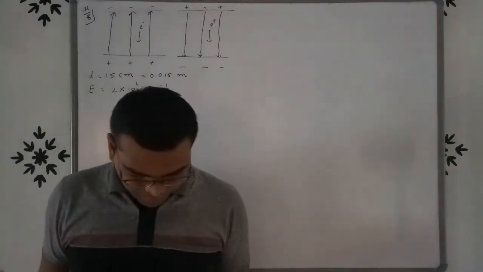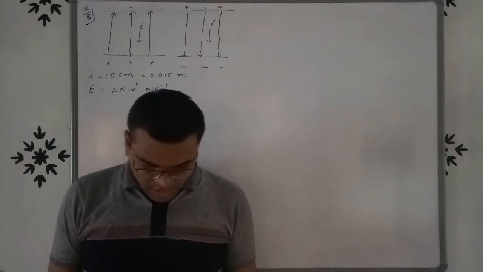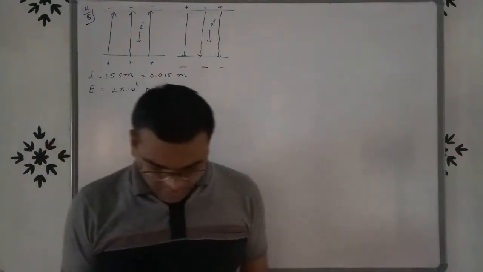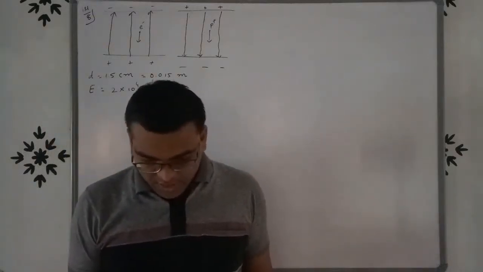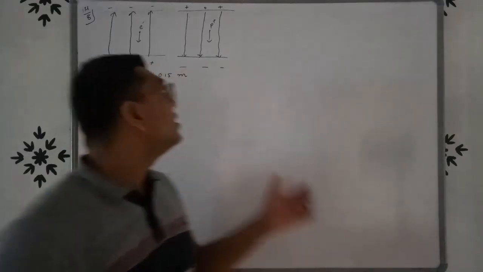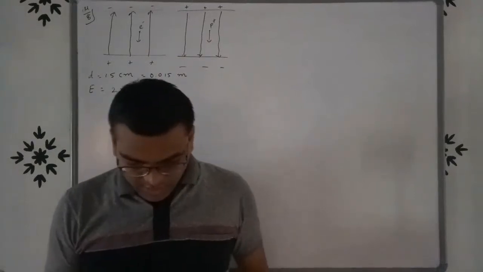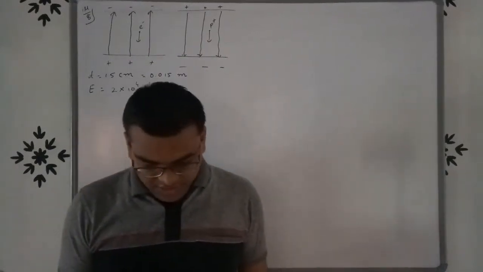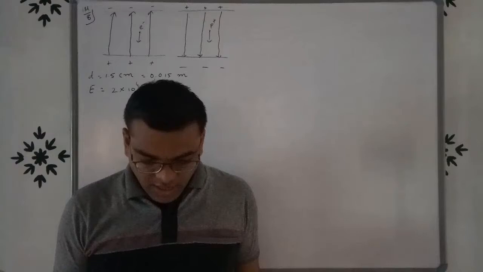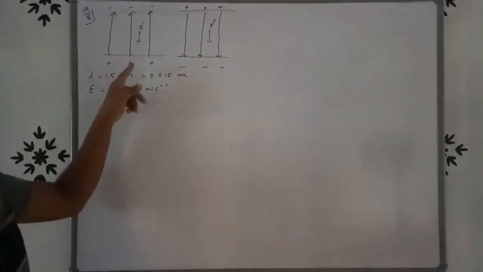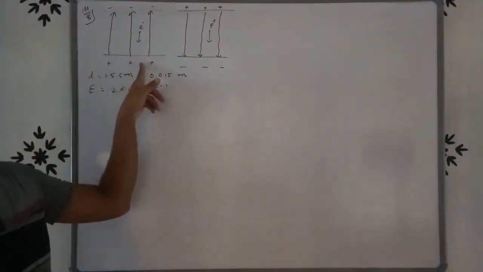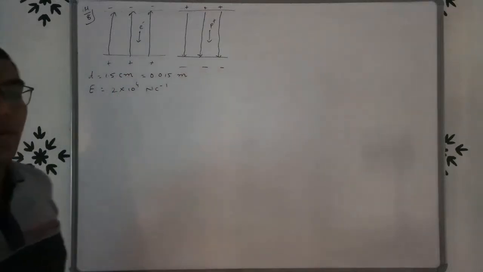Now, the direction of field is reversed, keeping its magnitude unchanged, and a proton falls through the same distance. See, first of all, in case 1, electron falls, and in second case, proton falls.